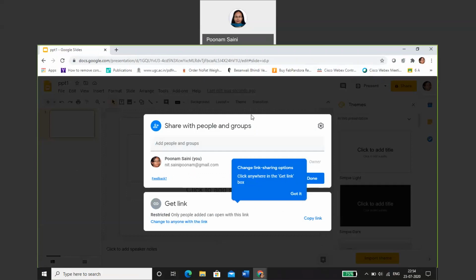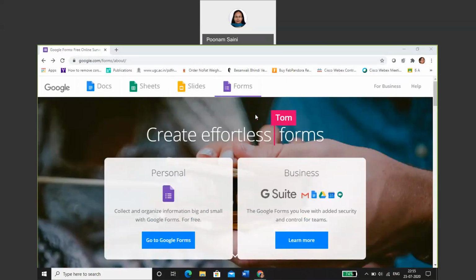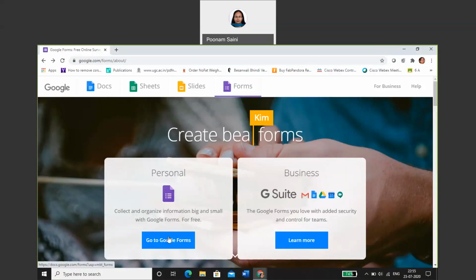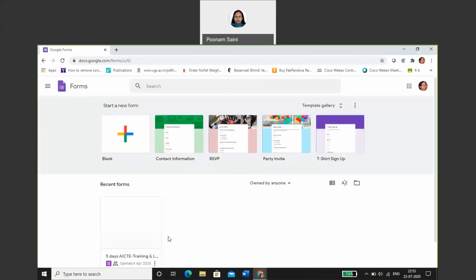And next we'll see a demo on Google Forms. Google Forms is another simple basic learning tool which we can always use along with the synchronous sessions. We can always create different kinds of structured material from Google Forms. We can create quizzes, we can create an attendance form, we can create small assignments, and we can create feedback surveys, etc., using Google Forms.